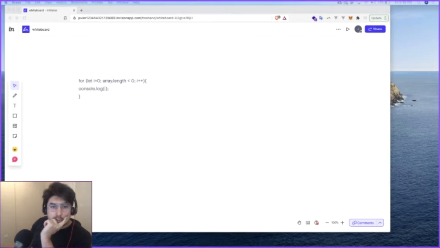Right. What do you think is going on there? So like you said, it's telling run this code until this condition returns false, right? Mm-hmm. So the array length